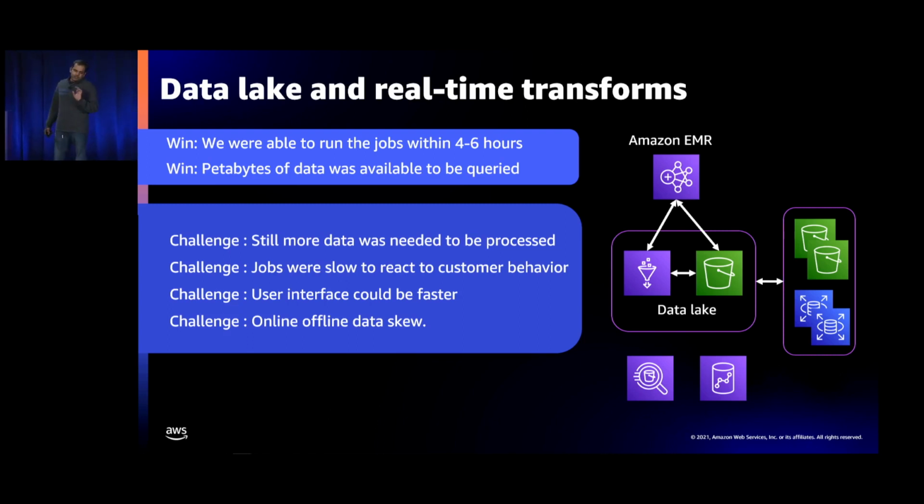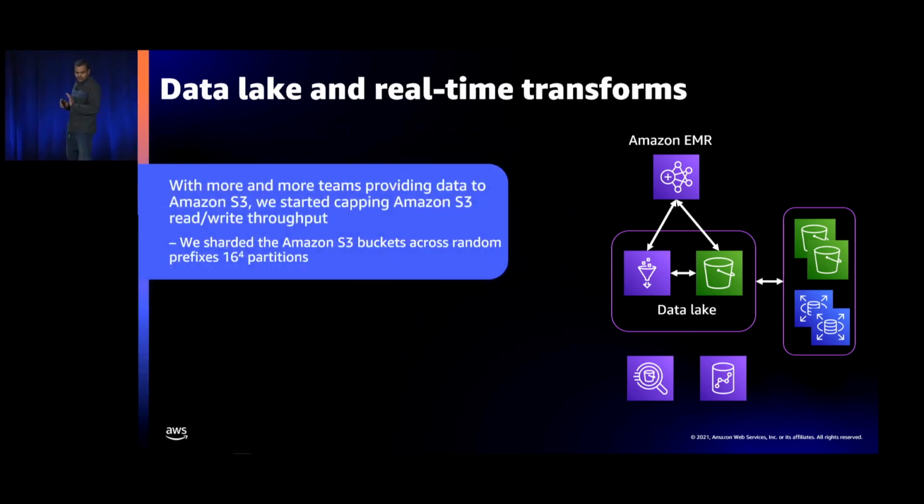And lastly, we had an online-offline skew. What this means is that the data that was available to the ad server was in real-time streams, whereas the data that was available for these analytical systems was a daily dump. There was a difference. There were 10 versions of the data in the online system, and there was only one version getting to our analytical systems. That tipped off a bunch of analytics. That tipped off a bunch of machine learning systems itself. Those had to be solved.